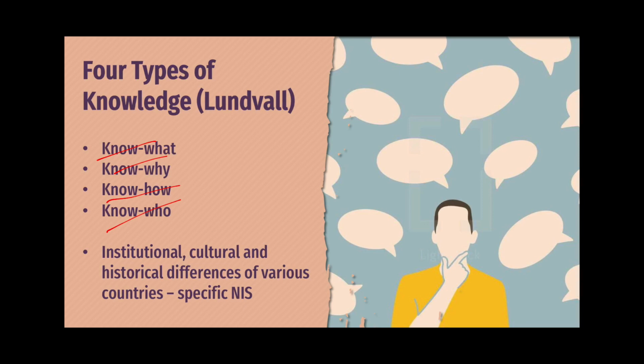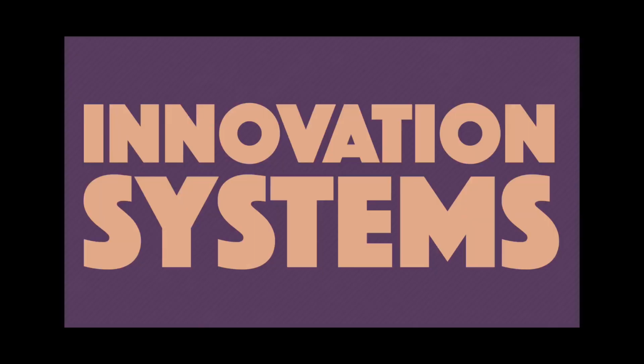So as we explained, for every society, no, their NIS is specific to institutional, cultural, and historical differences. We have their own, and that's going to be the basis for your assignment in relation to this lecture. So in this video, we talked about why we can look at innovations in a society in a systemic manner, and then we talked about the theoretical assumptions of innovation systems, and then we talked about the different features of national innovation systems.